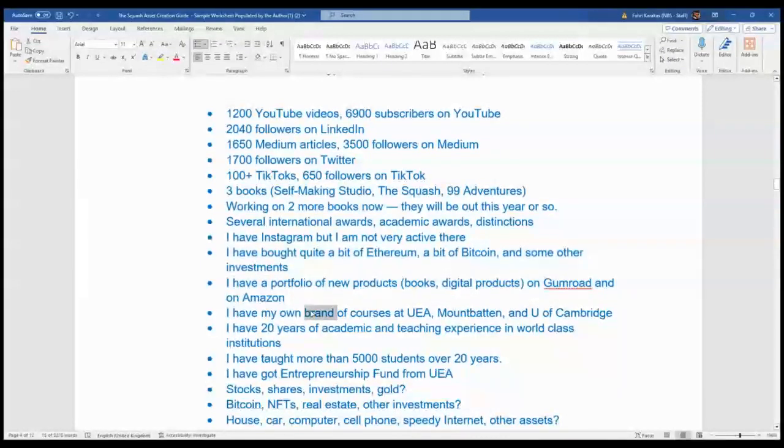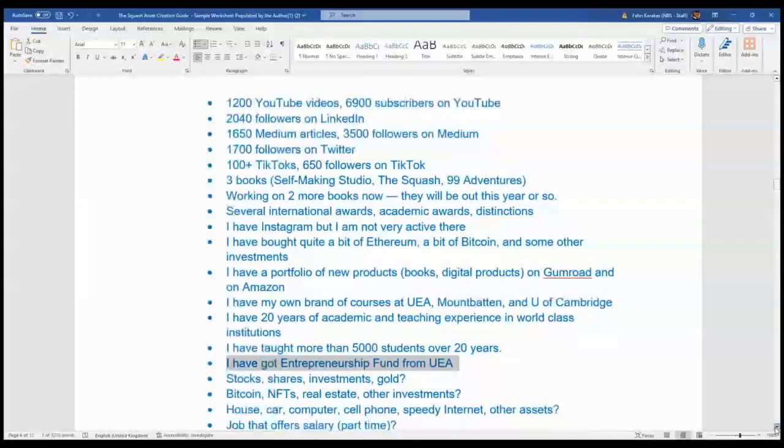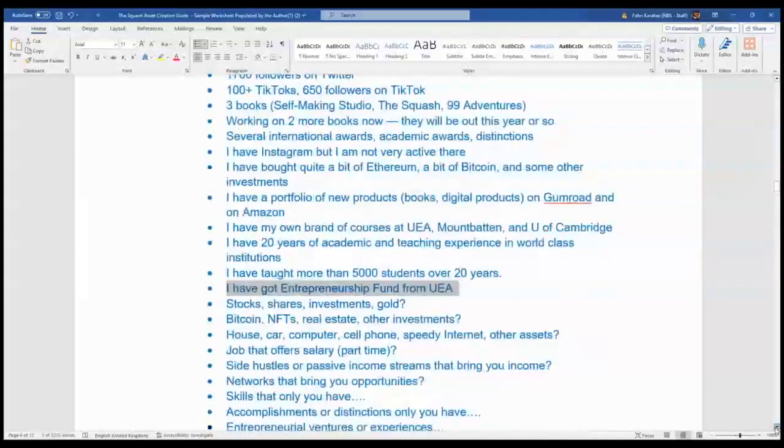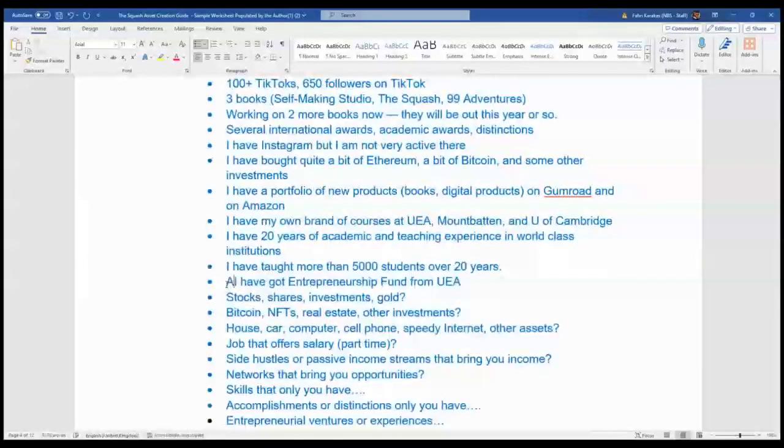I have some courses, experiences, some teaching experience. So you can put whatever comes to you, okay? What are the sort of assets? Any awards, distinctions, put them here.